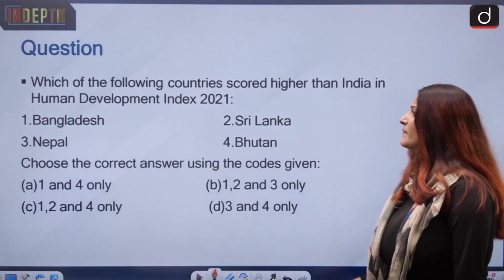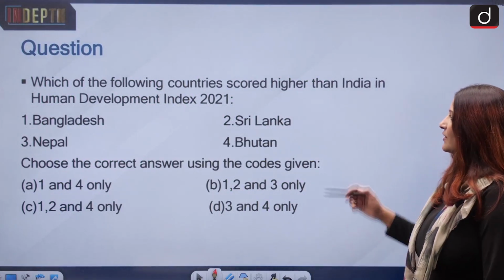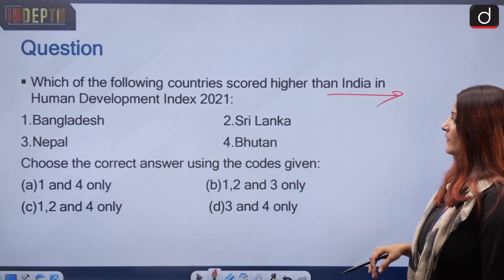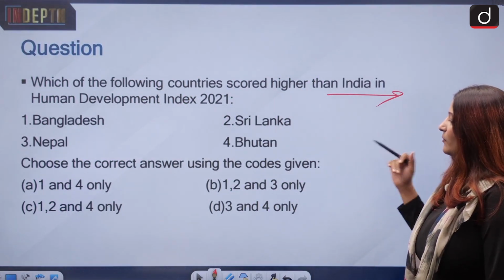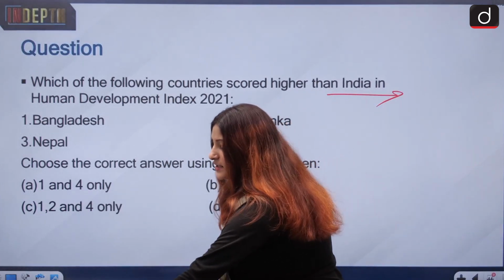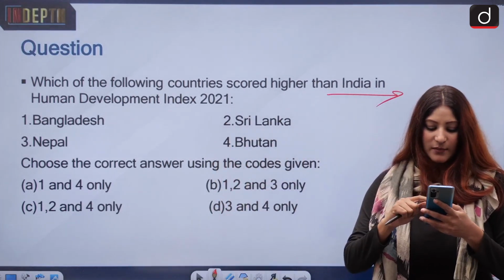Question: which of the following countries scored higher than India in the Human Development Index of 2021? Bangladesh, Sri Lanka, Nepal, Bhutan. So you have to choose the correct answer. For the last question that I asked, the answer was actually